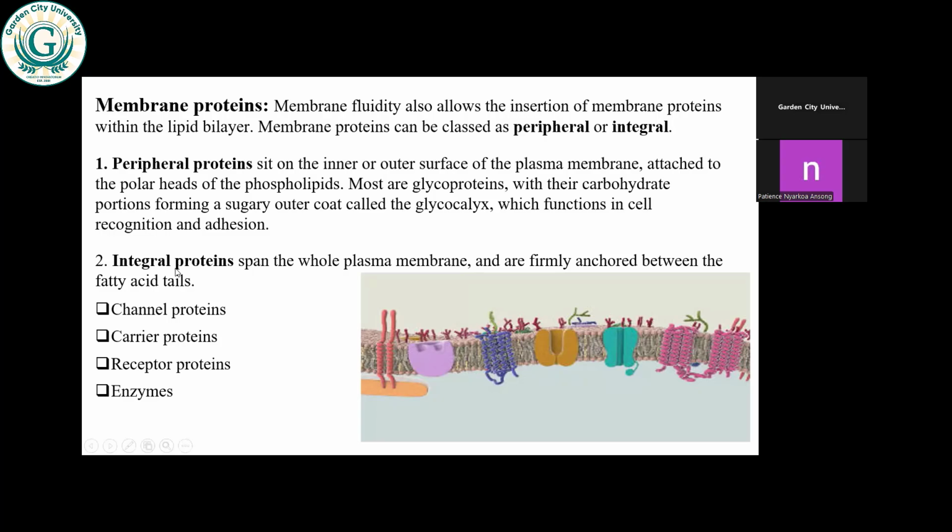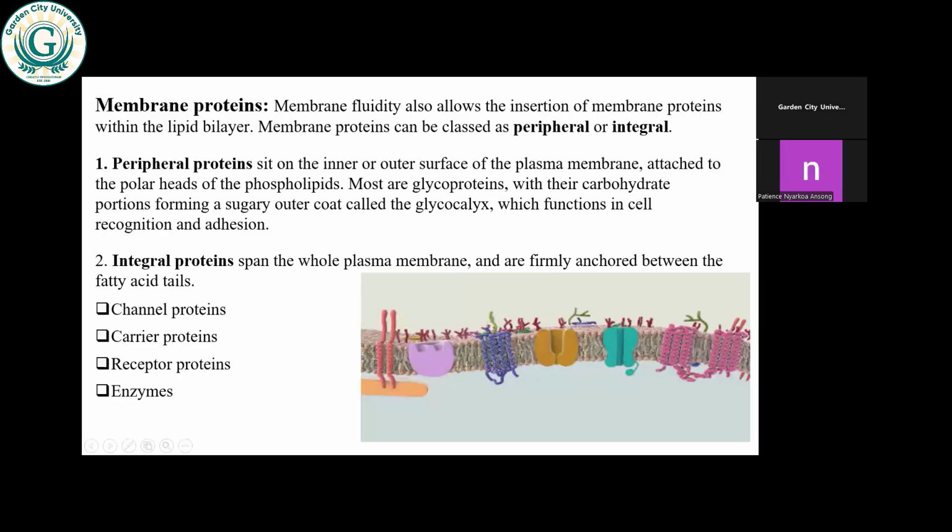We also have integral proteins, where these proteins run across the whole plasma membrane. So it spans the whole plasma membrane. Just like these ones, we have this, what I'm showing you with a pointer. So it has one end extending to the external, one to the internal. So it runs across the cell membrane. Same for this, that, this, that, and that. So they span across the entire cell membrane, compared to the peripheral, which is attached to just the upper or the inner part of the cell membrane.